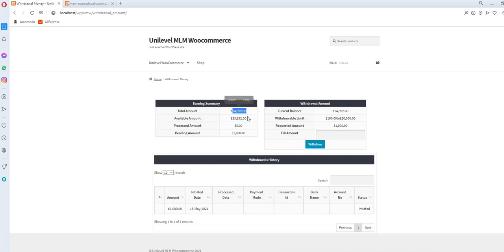This is the 24009, the requested money is 1000, and this 1000 is deducted from here as well, out of 10,000.0.